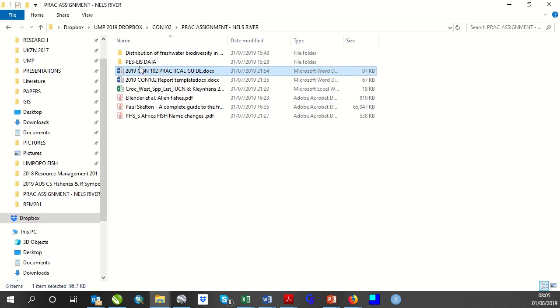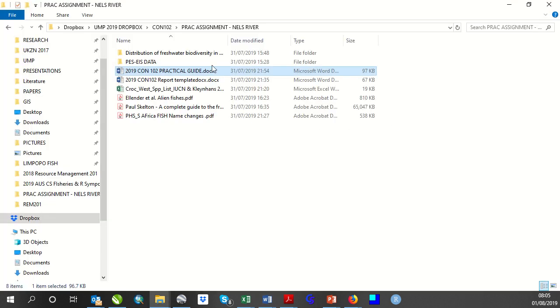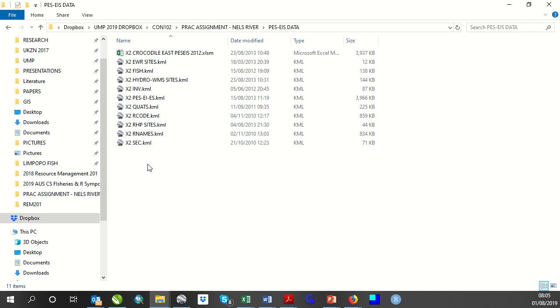See that? If you open this folder, you'll see that you've only got the data for X2, because X2 is the catchment that we're working in. This has got all the different types of information that you need. It's got the river names, river health program sites, so that you can see where sites have been. It has river codes, quaternaries, PES-EIS results, how important or sensitive the area is,